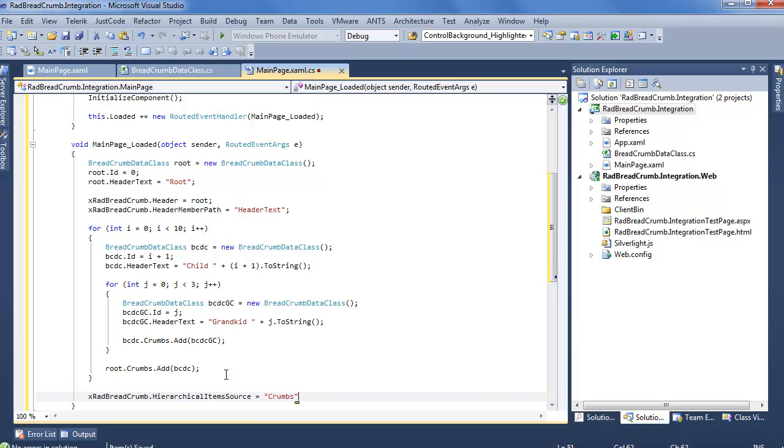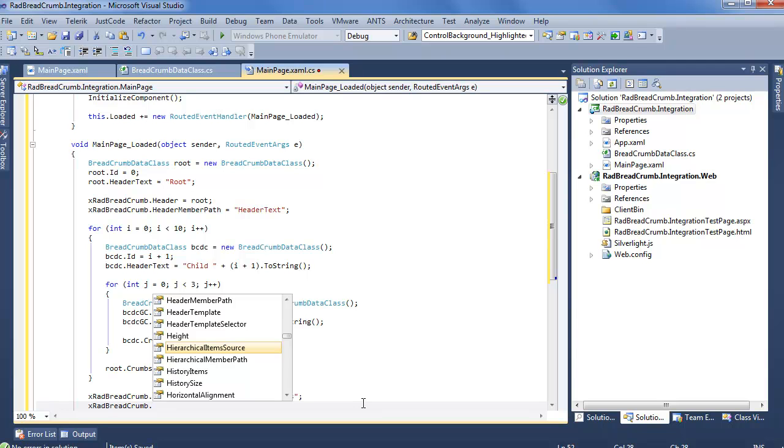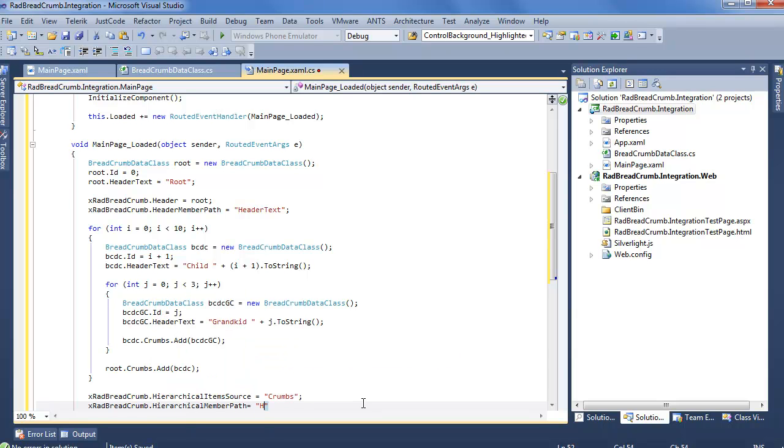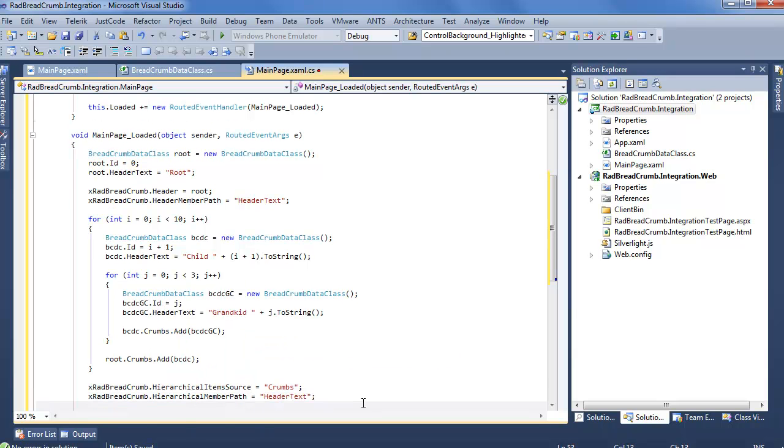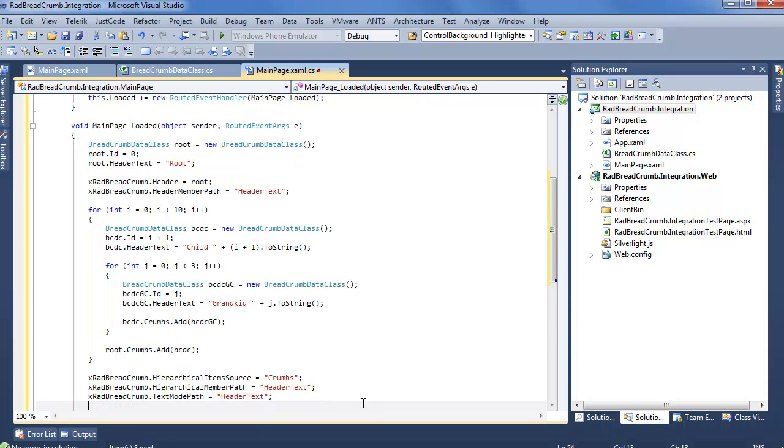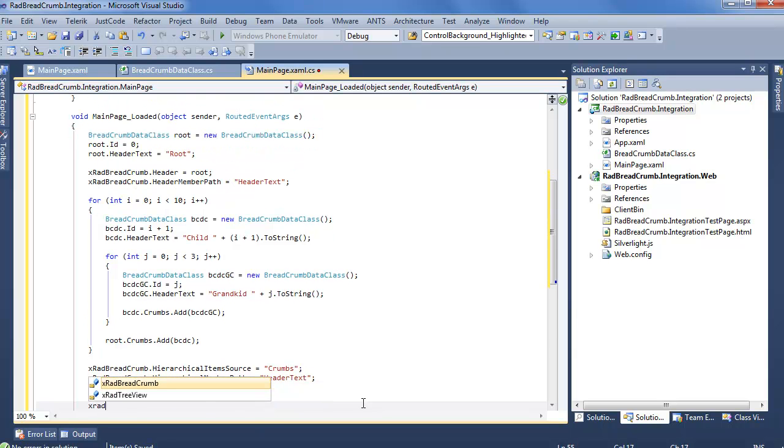As you remember, we're using the name of the child collection, not necessarily pointing at an object. The control will handle that by itself. Then add RadBreadCrumb member path is once again going to be header text. Then of course, because we want text mode, we'll say RadBreadCrumb.textMode path. Once again, our familiar header text. And last but certainly not least, RadBreadCrumb.item source is going to be that root crumbs collection. So we'll go ahead and save this, run it,